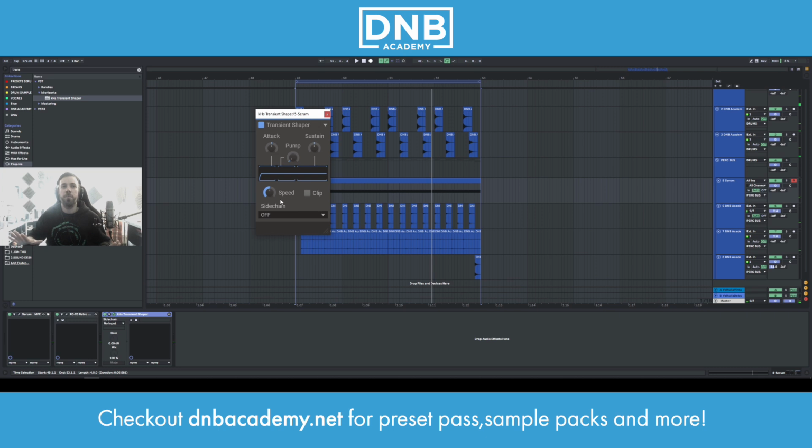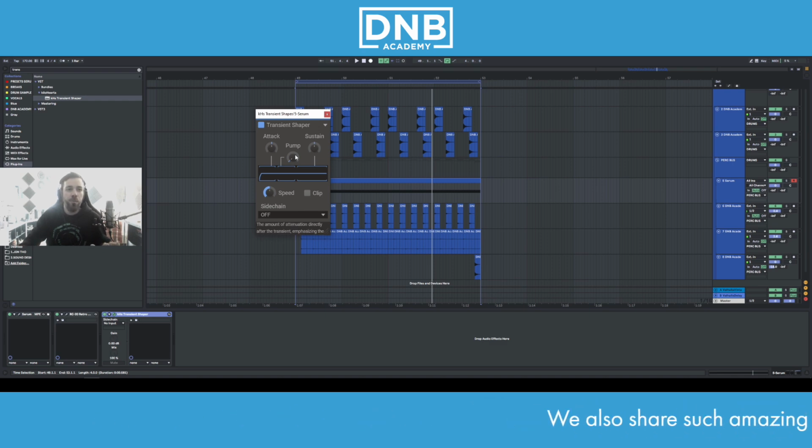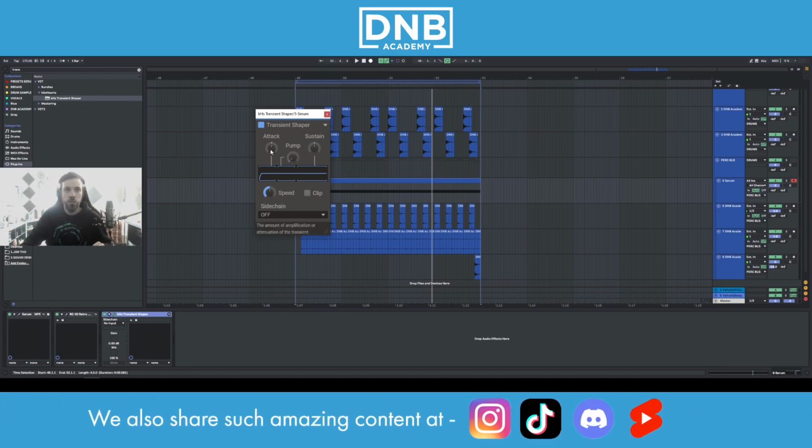And with this transient shaper, what we're gonna do is pretty much make this sound a bit shorter and less of a hat feeling. It sounds like it's a bunch of hi-hats playing, and we want this to feel a bit more like a percussion. And for that, we're gonna use the transient shaper, and then we're gonna EQ it and give a couple of boosts here and there, so this sounds a bit more like a clap, like a percussion loop,